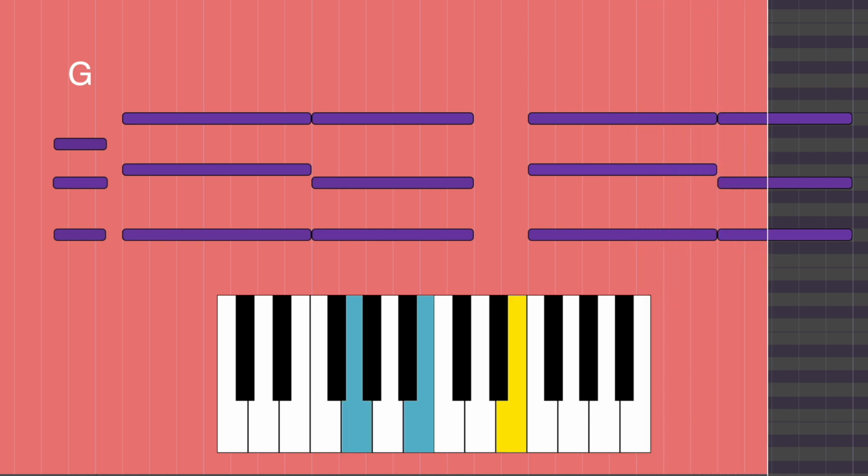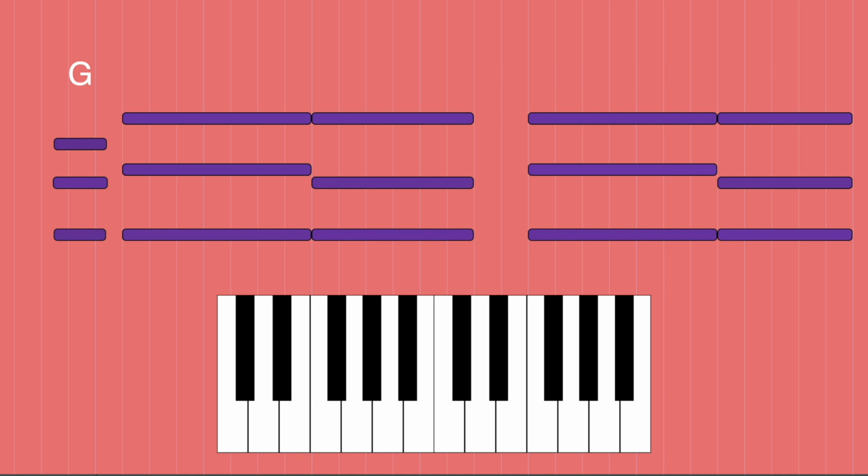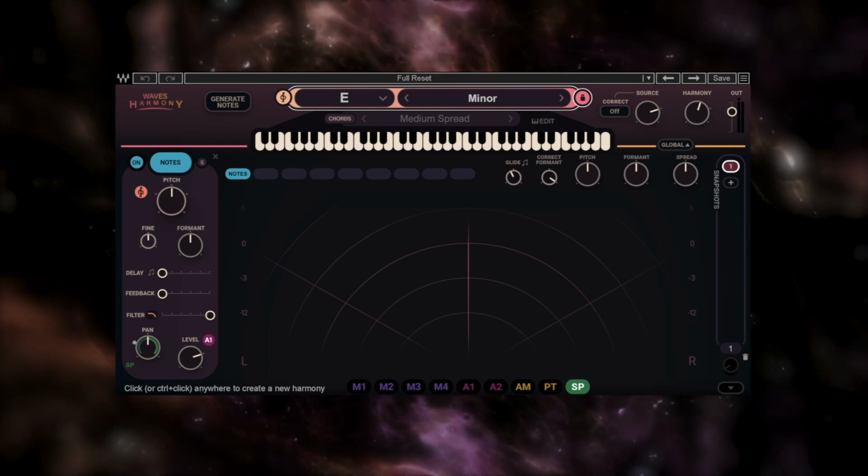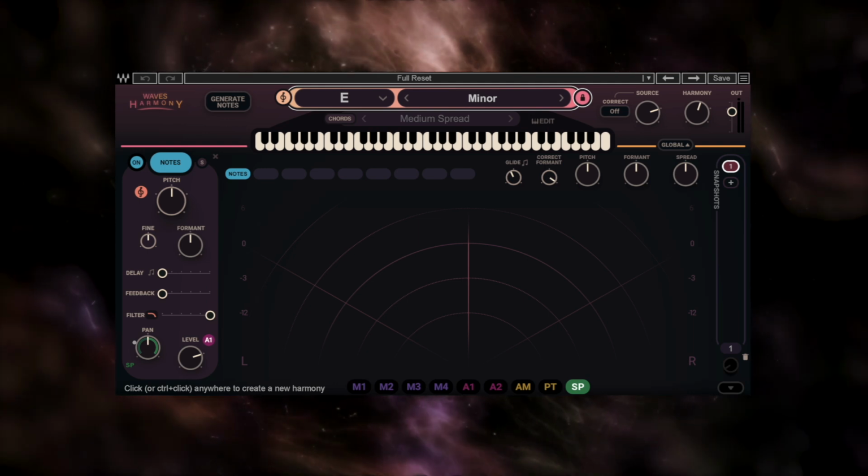Cool, this sounds like a much more rounded harmony section. Let's now take a closer look at the essential controls you need to know to get more tonal options out of Waves Harmony. If you get stuck at any point with any of the controls,